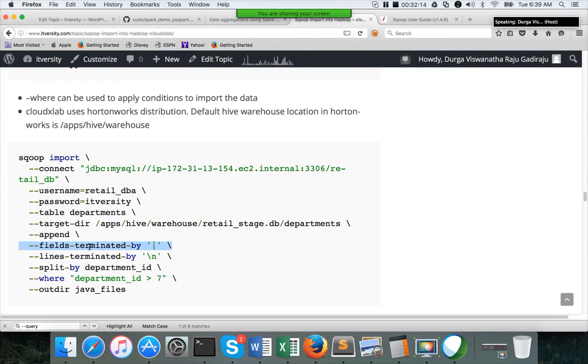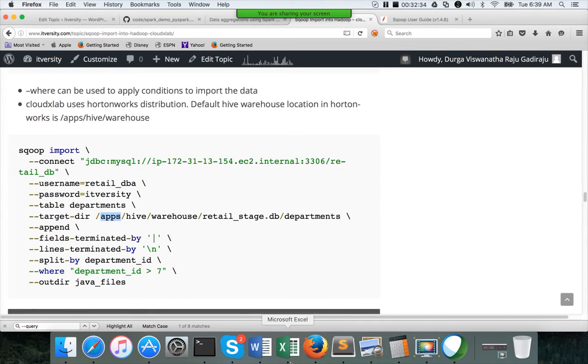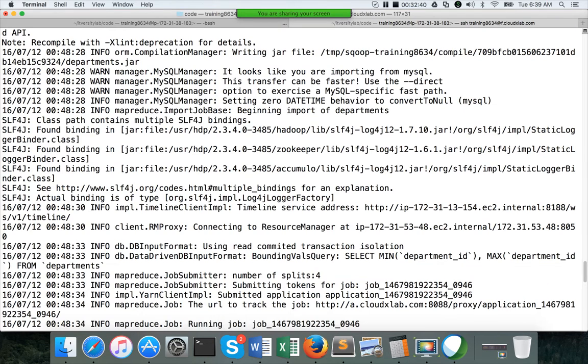There are additional attributes also here. This is for CloudX Lab, so it will work, as long as we have a database called retail_stage.db. Let me run this command. For that, first I need to validate.